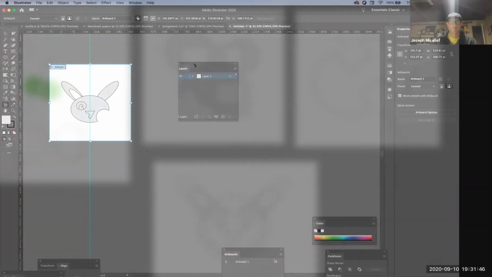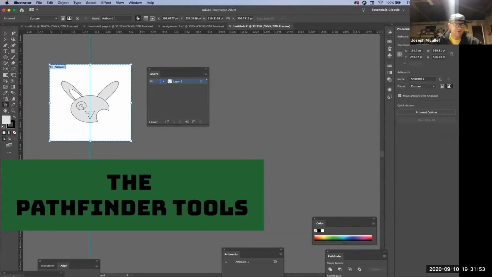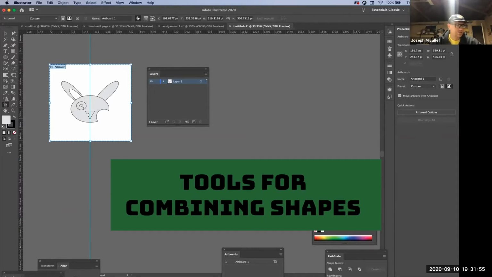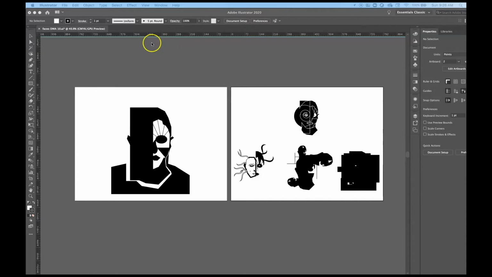All right, so I'm gonna go through a couple tools that are going to be helpful for combining shapes. And I talked about the Pathfinder tool and the compound path tool. So with some of these tools, and I'm going to create a new document first here, with some of these tools to combine shapes,